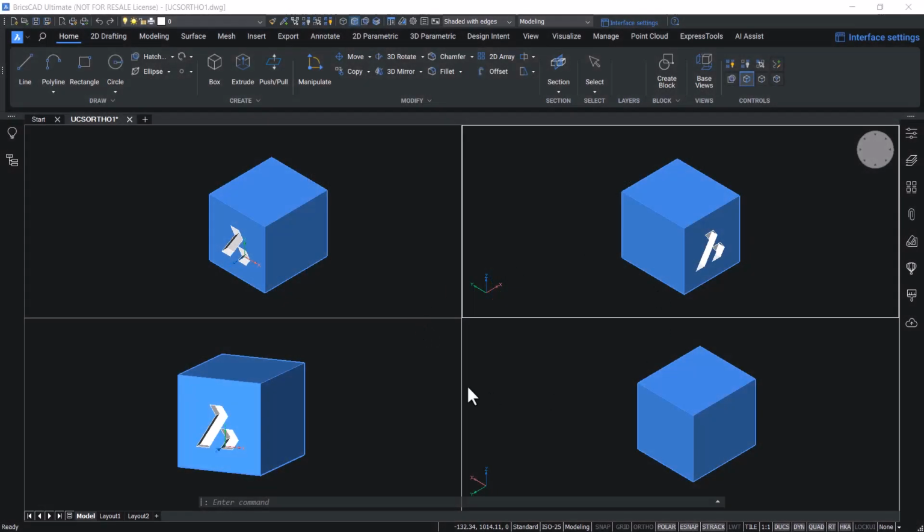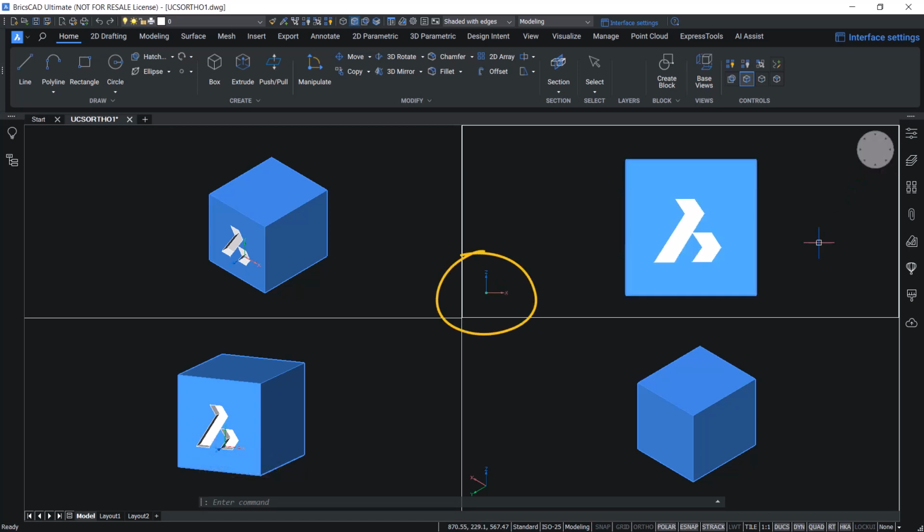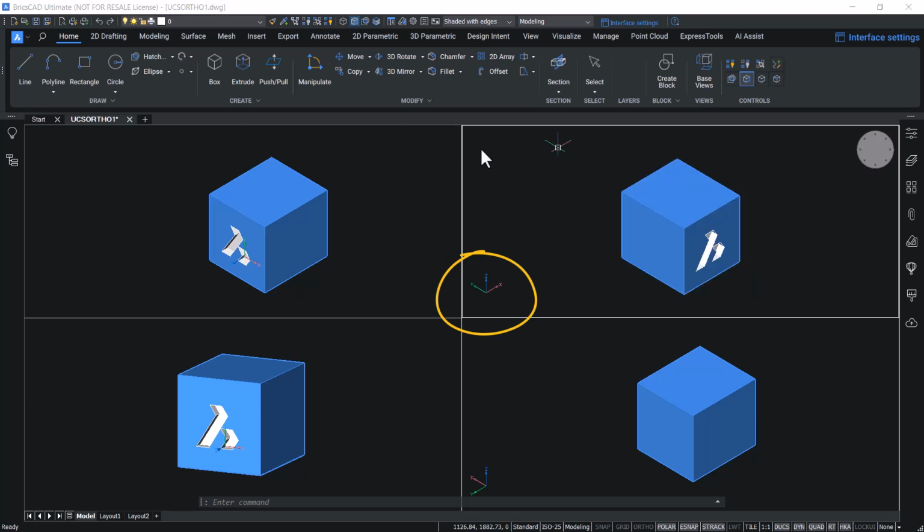There are 4 viewports in the screen. Each viewport contains a unique view of the 3D entity. UCS is kept on the base of the object. Suppose I change the view to an orthogonal view, for example a front view, you can see that the UCS will remain in the same orientation. When the UCS ortho variable is on, UCS will get automatically aligned with the orthographic plane when an orthographic view is selected using the view command or by using the look from widget.